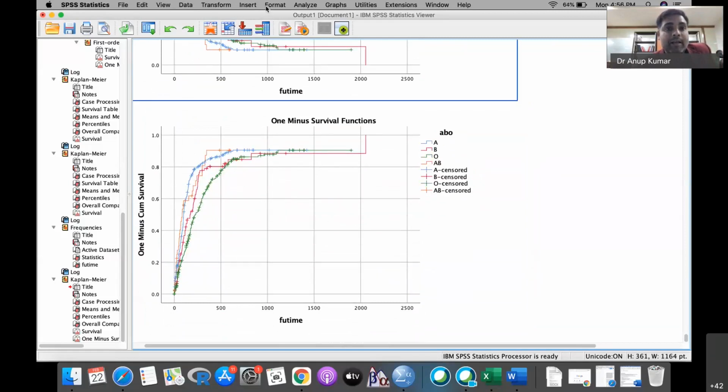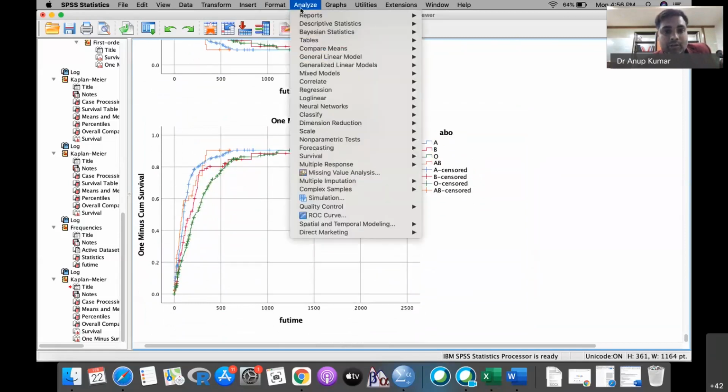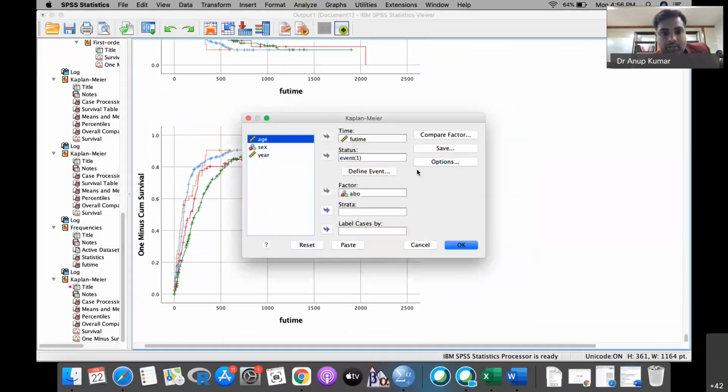Similarly, if somebody asks what is the impact of gender on this, so instead of blood group, we want to see whether male or female, which of them is going to get the transplant early.